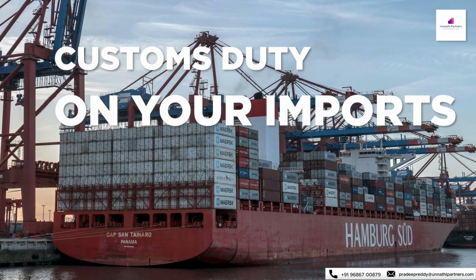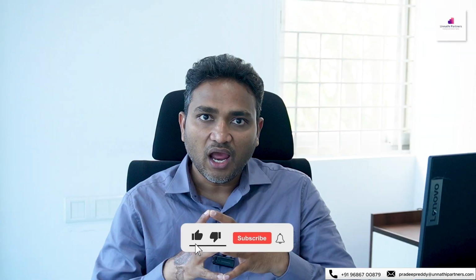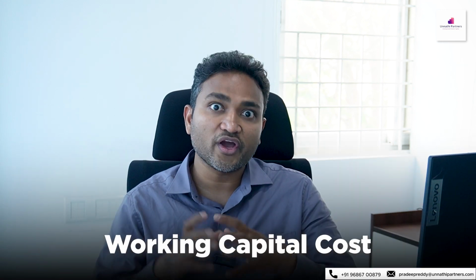What if you could delay customs duty payment on your imports or completely avoid it and boost your cash flows without worrying about export obligation? Sounds interesting, right? If you are an importer or a manufacturer, paying lakhs or even crores of customs duty and waiting for the sale to happen to recover customs duty costs from the customer can significantly impact your working capital